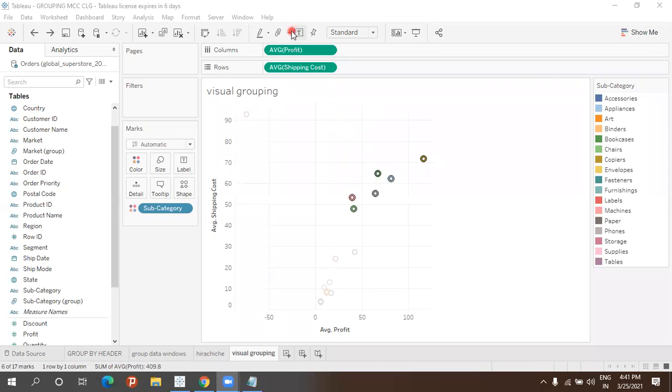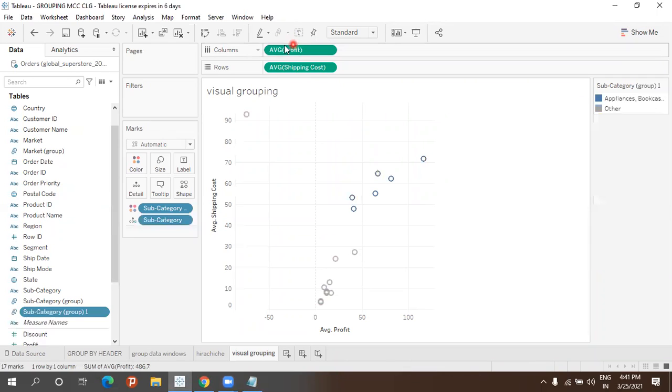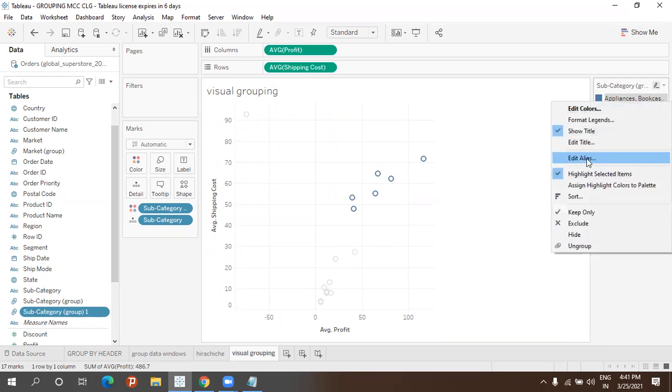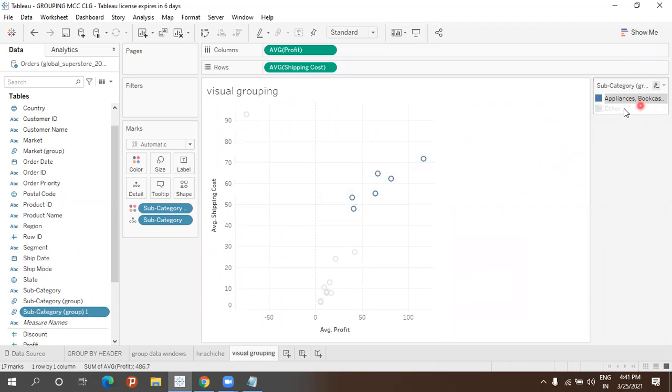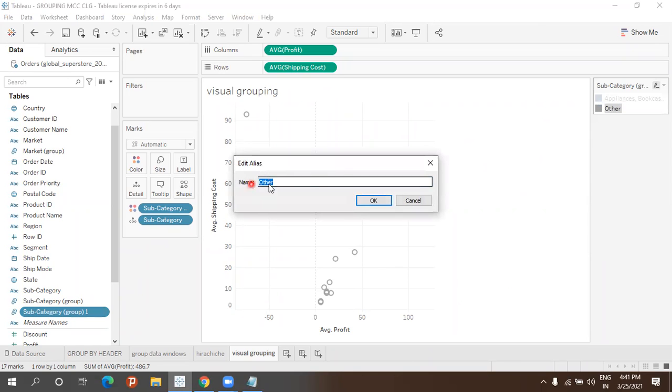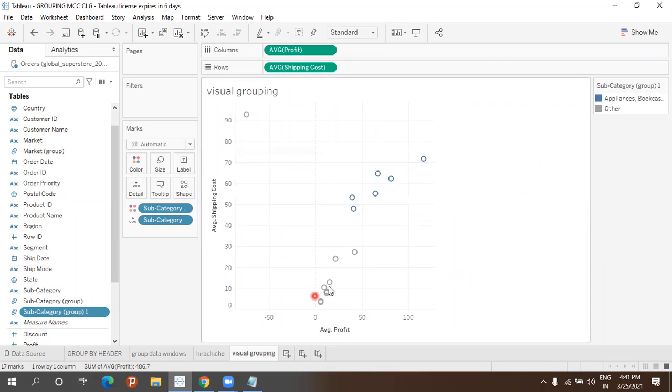Now what I will do, just click on this group and group as subcategory. Can you see it has slightly turned blue? Can you see a difference between this one and this one, the different colors? Yes, sir. These are nothing but called appliances, and I select this one, and this is what others. As usual, as I told you, you can right click and click on edit aliases, the names. We can rename this one. If I right click here, I can get the aliases for this name also, and change the names.